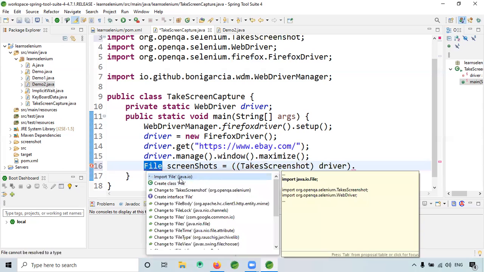So we'll be working on files today in Java. I will explain about files. The files always come from java.io, input output.